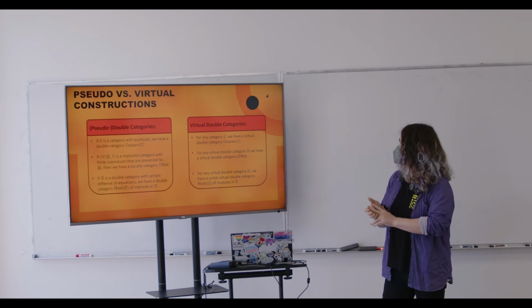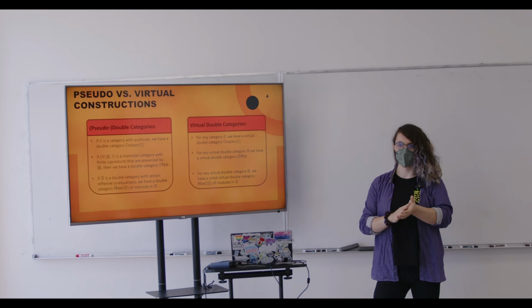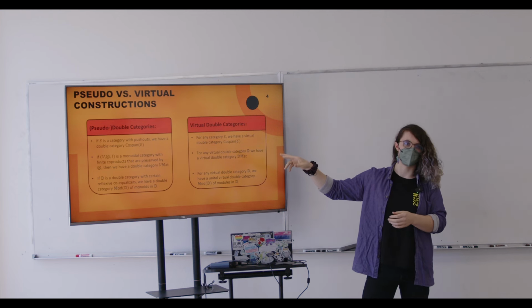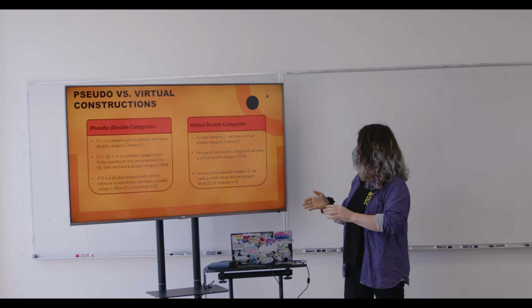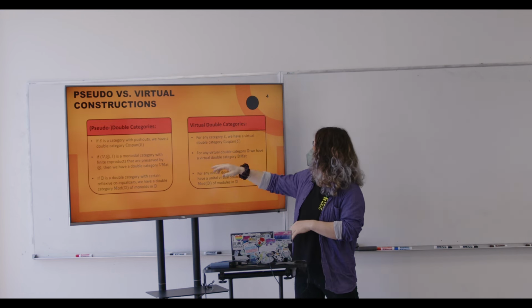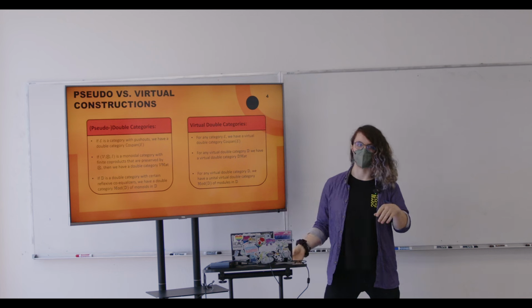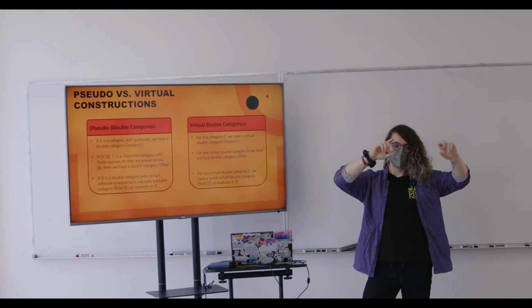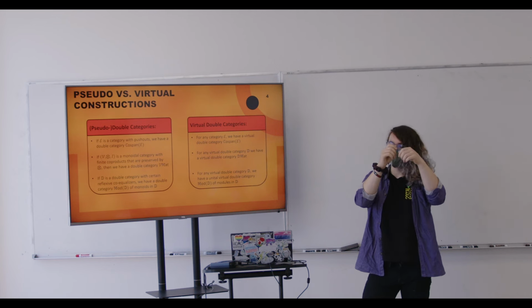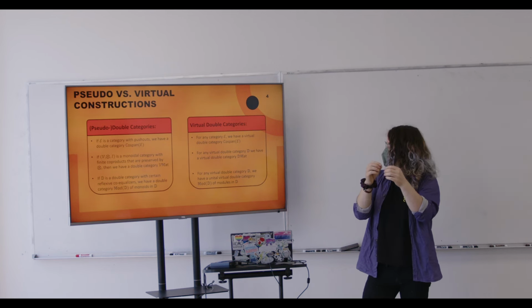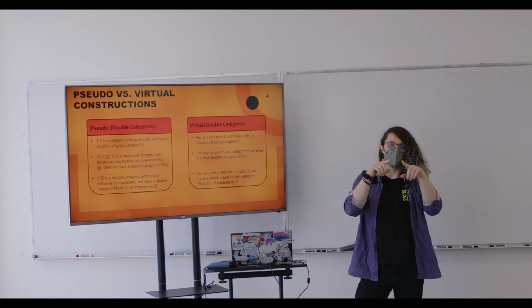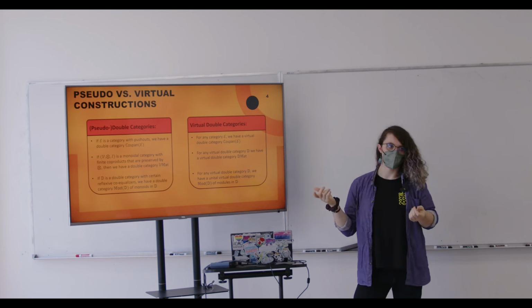But on the other hand, on the side of virtual double categories, those types of constraints aren't present anymore. For example, for any category, we have an associated virtual double category of cospans, no conditions needed. For any virtual double category, we have a virtual double category of matrices. So in this case, the monoidal category example is a certain virtual double category where the tight category is trivial. So there's a single tight object, only the identity as a tight arrow, and then the objects of your monoidal category are interpreted as your loose arrows in your virtual double category.